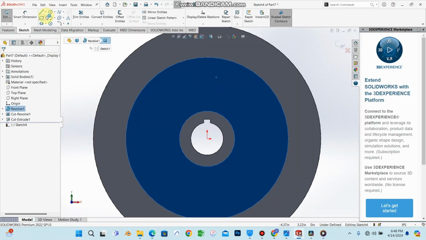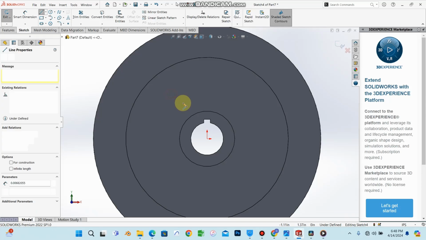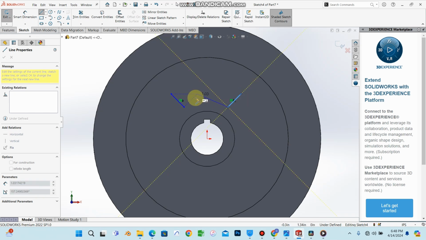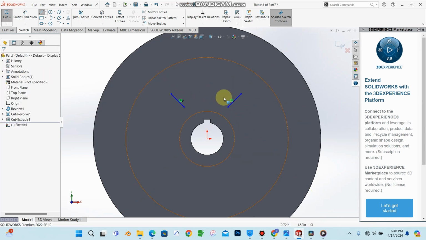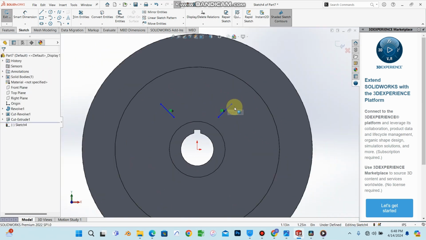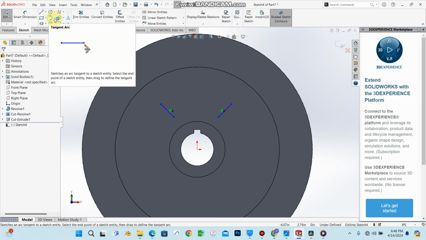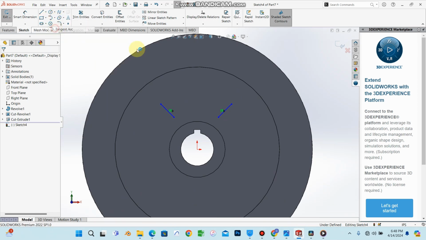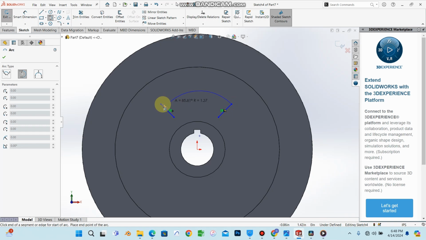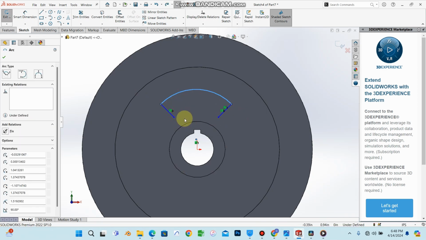So let's go. Diagonal line. So line from here to here. I'm not going to use dimension. I'm just going to use my raw dimension. So we have a diagonal line. Now we have to make an arc. So let's see. Go to the arc, tangent arc, this point, this point. Good. Then this point,